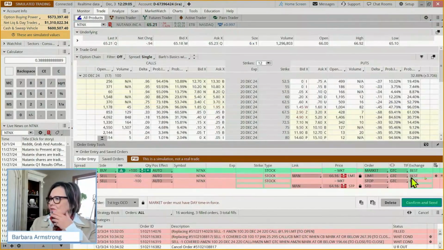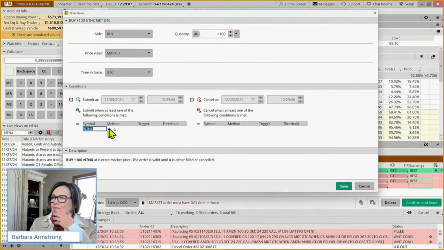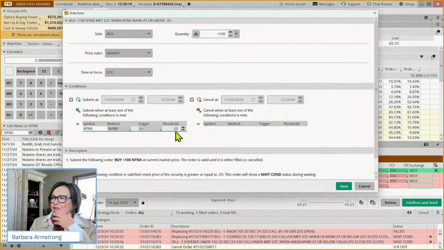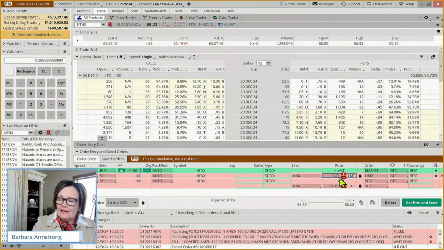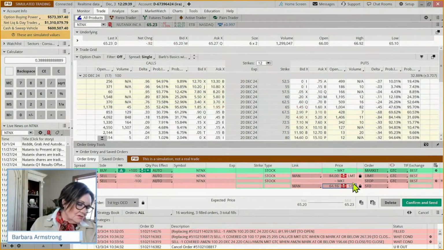So we want to get it in if this goes above 67.42. Now, if this kind of pulls back for a couple of days and then we get a doji or another candle pattern that indicates it may be moving to the upside, we can change this entry. It's not set in stone. And then we want to exit if and when it gets up to $84 a share, or if it goes below 62.40.